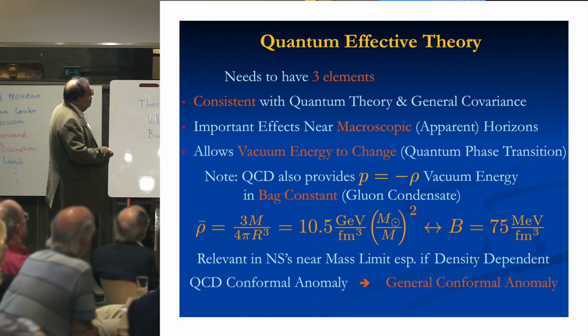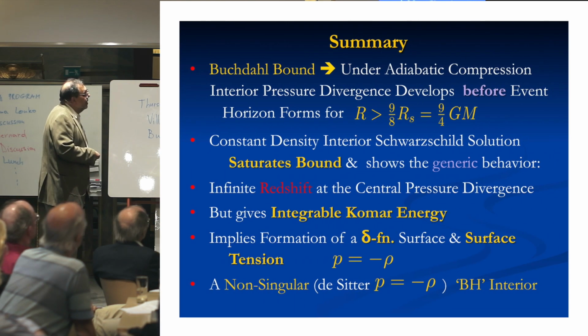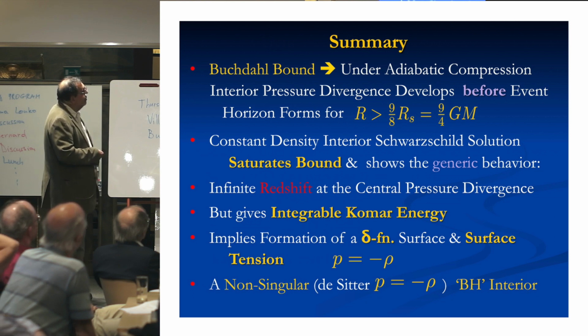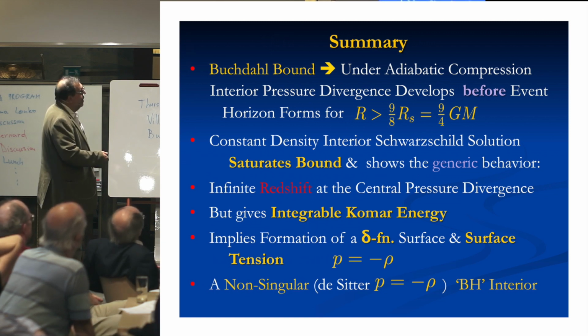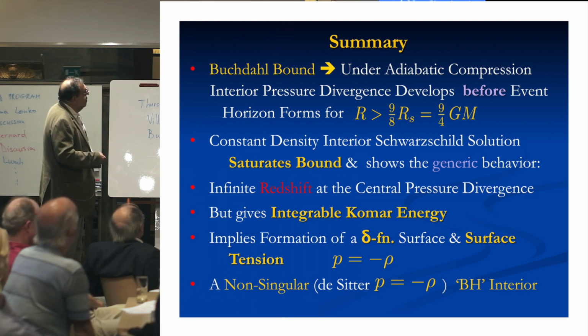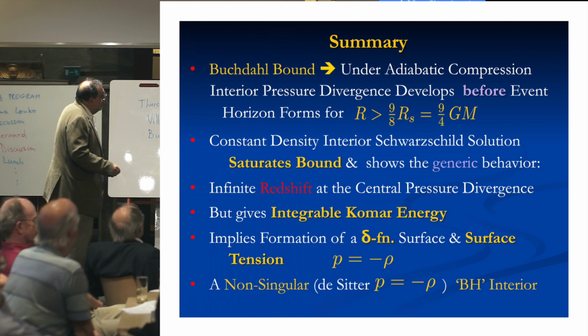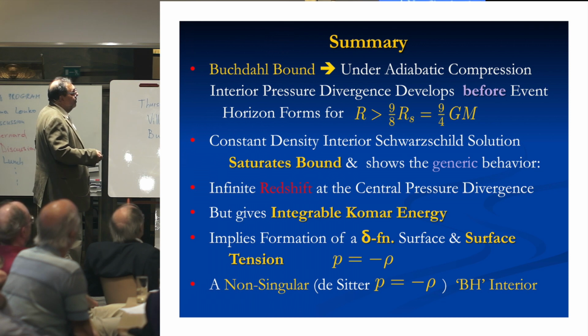I'll skip it, unless you have questions, and just sum up. The Buchdahl bound tells us that under adiabatic compression, interior pressure divergence develops before the event horizon. The constant density interior solution saturates this bound and shows the generic behavior. Put in your favorite equation of state. It just means something is going to happen before you reach 9/8, a larger radius. It's very important that the infinite redshift takes place, or blueshift takes place, exactly at the same point where the pressure diverges. The Komar integral is